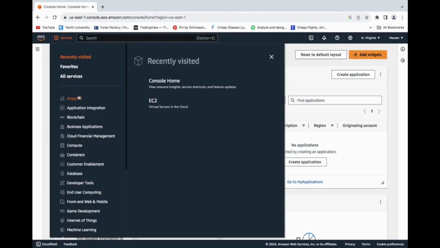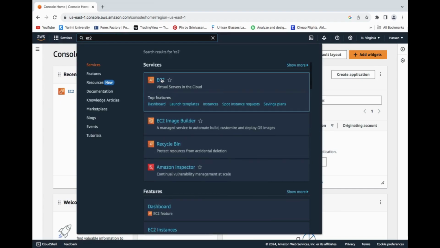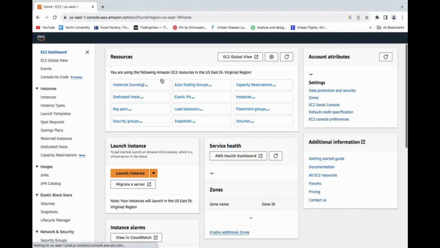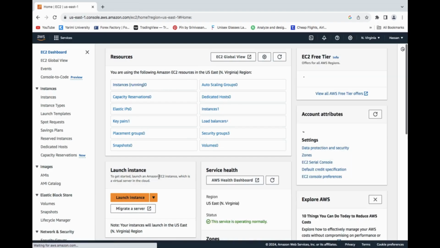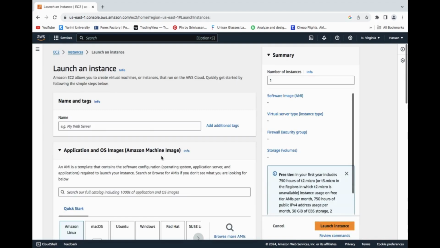After that, we're going to search for EC2, and we're going to launch an instance. Okay, perfect. So I'm going to name this instance